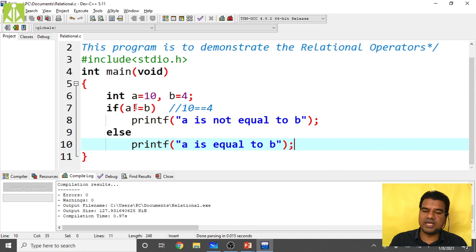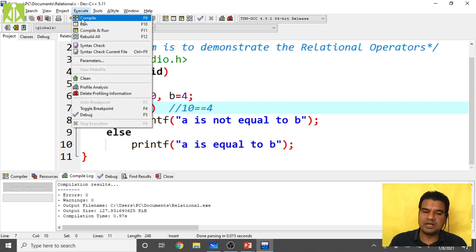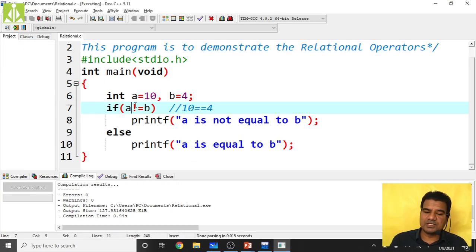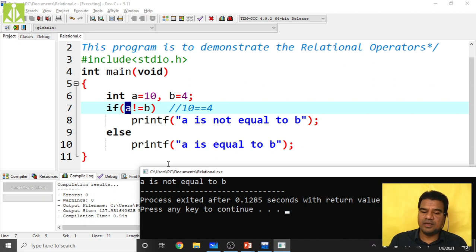Same. Now we are checking the not equals to sign. And as you can see, they are not equal. So you have to get that statement. Compile, and when you execute, you will see A is not equals to B. In this case, this condition will become true, so the true part gets evaluated. You can see the message, whatever we have written inside the true block, A is not equals to B. And same thing, the if statement is evaluating and printing for us, isn't it?